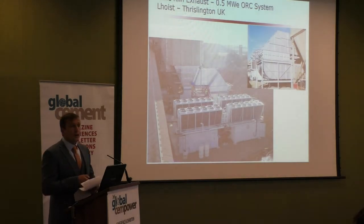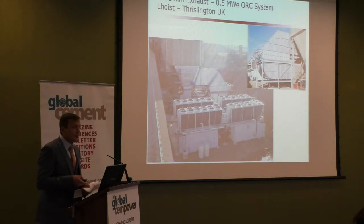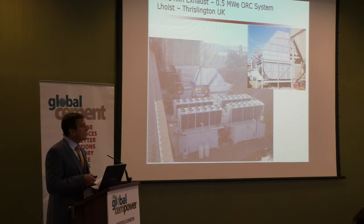This is what it looks like now after we built it. So 6 months after I'd spoken at the presentation, we had the plant in December. We opened up the damper, put some heat onto the heat exchanger, saw the water run up to 90 degrees C, and the turbine started to generate electricity. So that was a proud moment for me after many years of getting to that point, and a nerve-wracking one as well. But the system started to generate, and then by February, we fully handed the project over, fully commissioned,